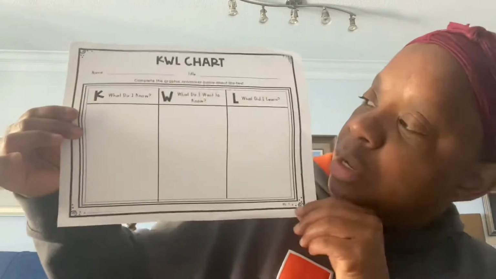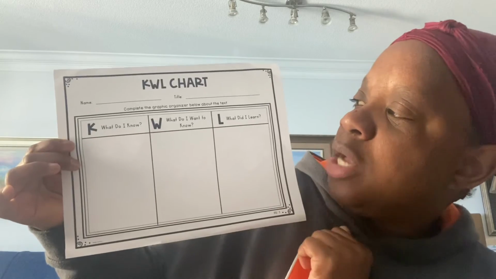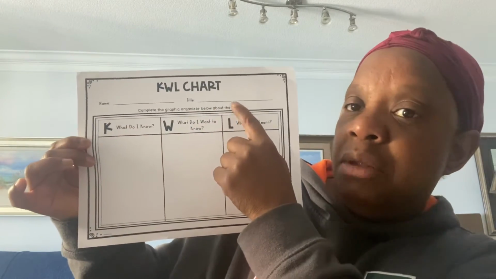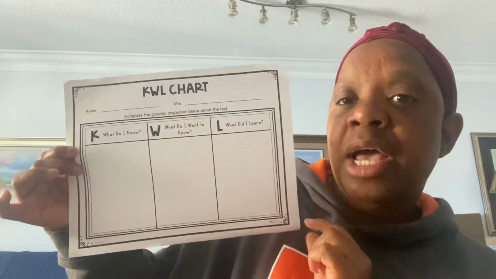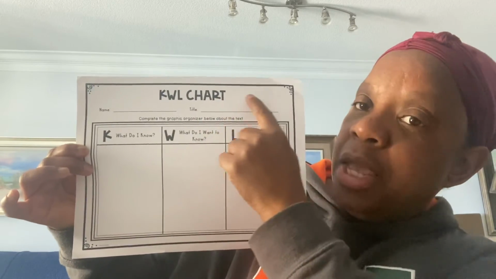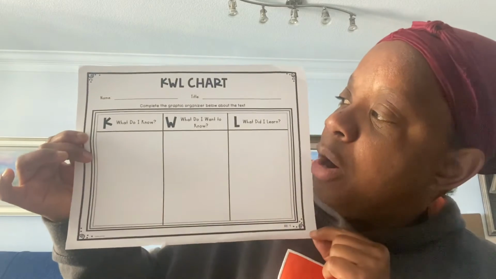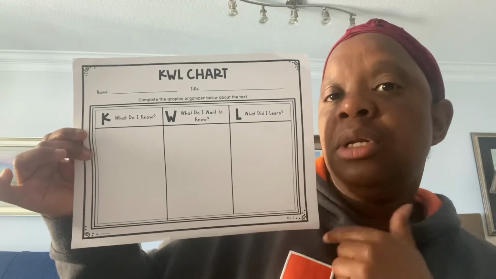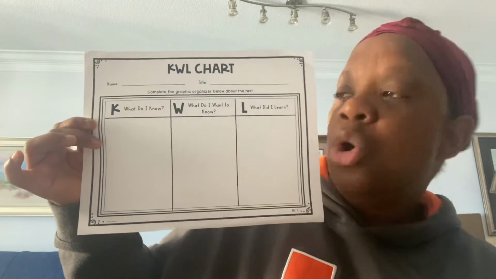Here's another KWL chart right here. Same thing. Complete the graphic organizer below about the particular text you're reading. You can name the title of the nonfiction passage you're reading, or fiction passage, whatever the title of the book is that you're actually reading. Up here, we normally put a goal as to what they want to learn about. I can imagine the story going this way, or I know that I want to learn this about a particular passage, or